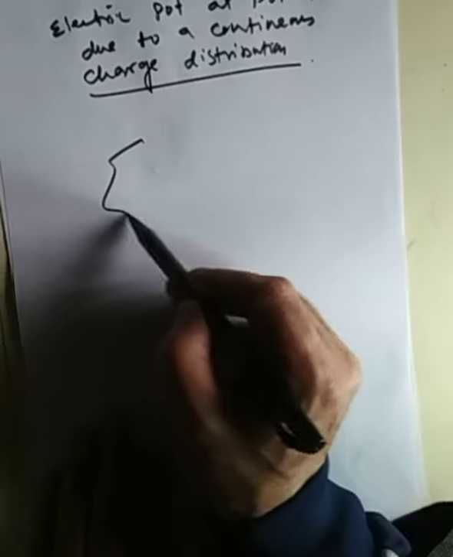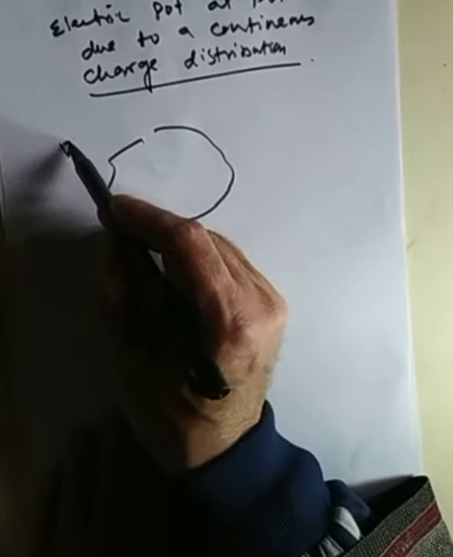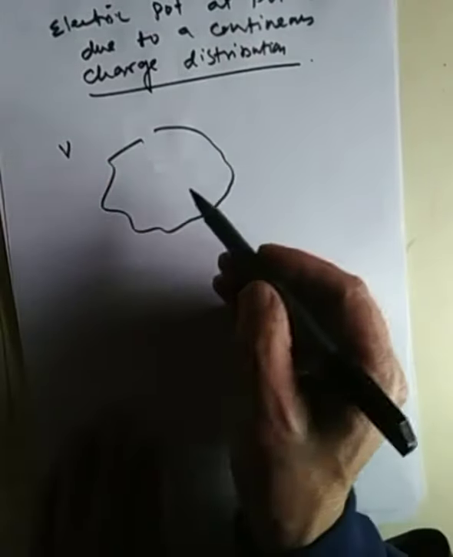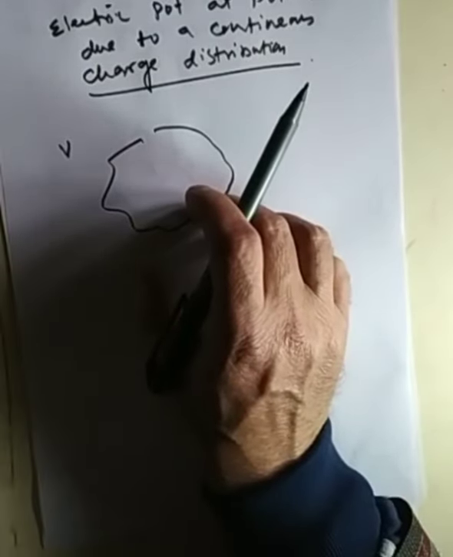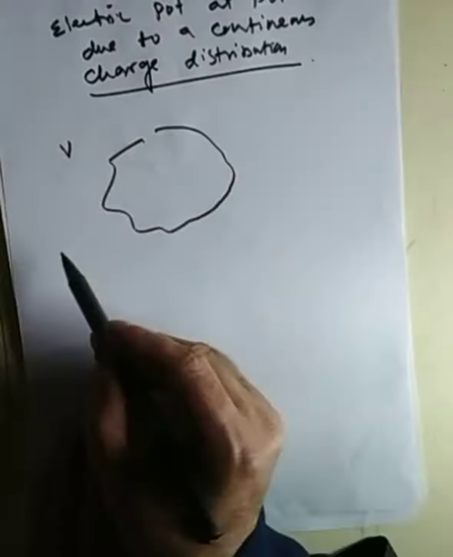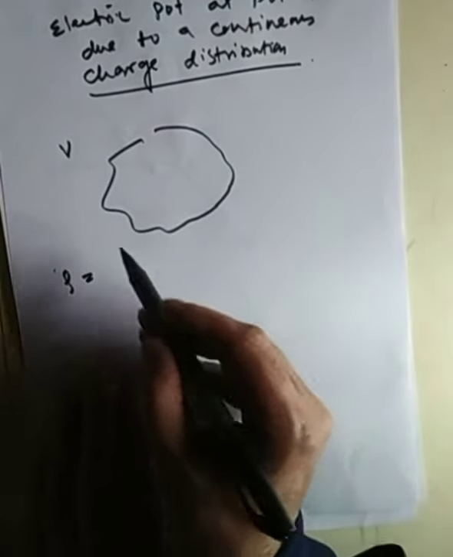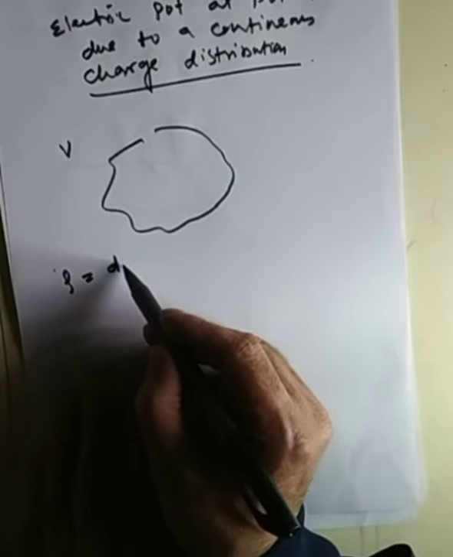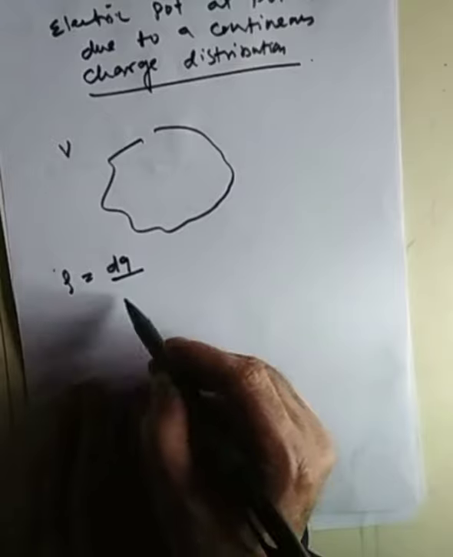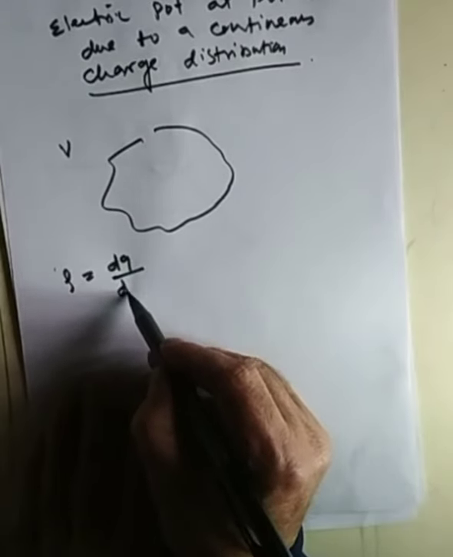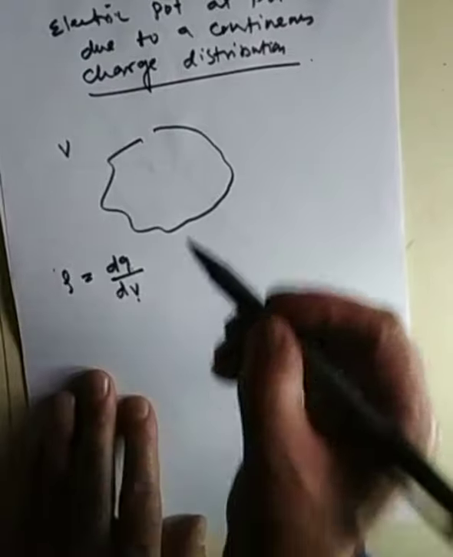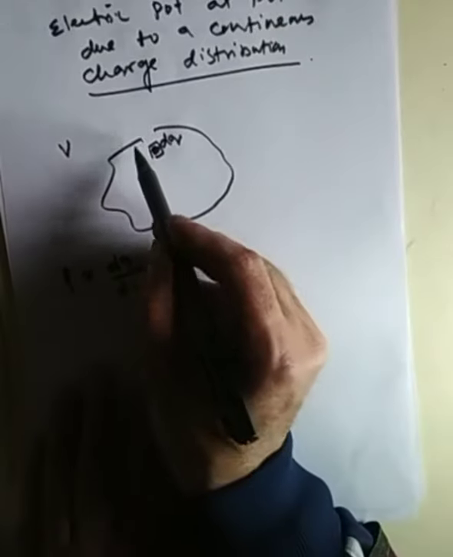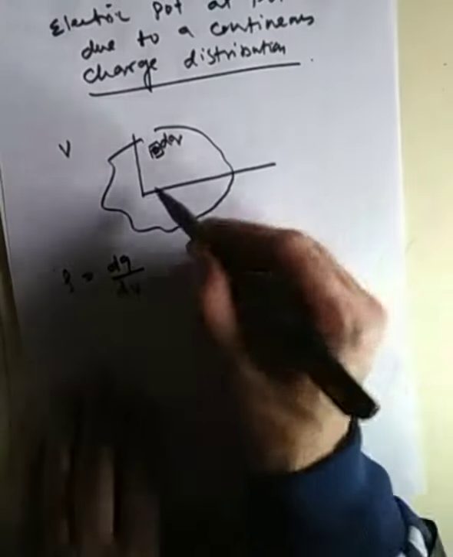Suppose we have a volume V and this carries a charge. Okay, now since this has a charge, it means this has a volume charge density. That is volume charge density rho is equal to dq by dv, charge per unit volume. Now dq is an element whose charge is dq. Okay. Now let us suppose we take the coordinate axis and